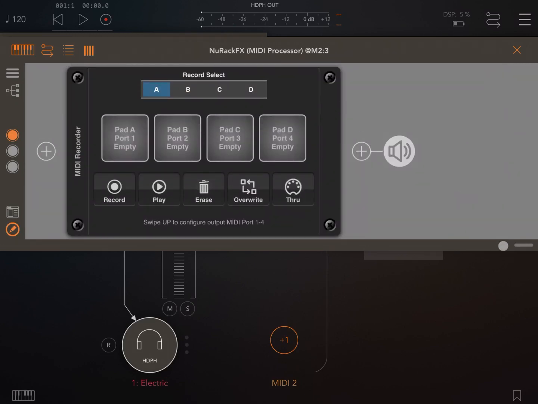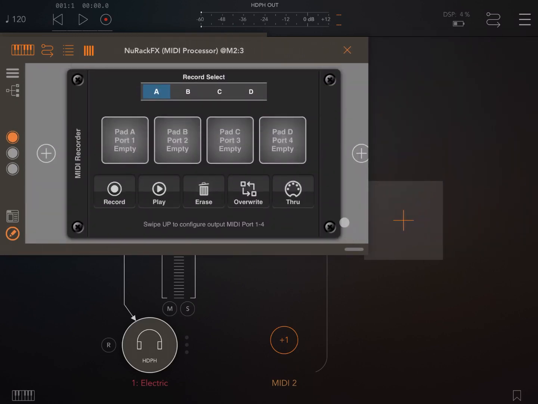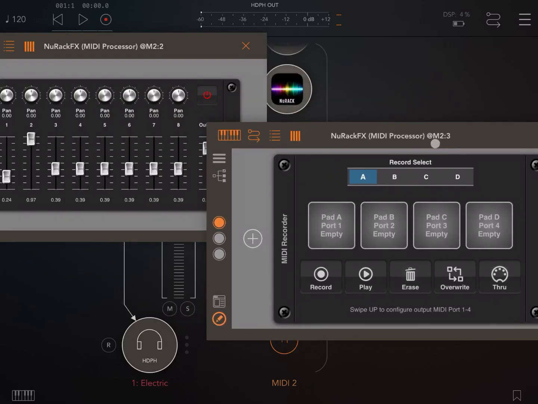The MIDI recorder is in itself very straightforward to use. So we have 4 lanes where we can record almost like 4 tracks. You select them up here. When there is something recorded, you see the color change here. And here you can select to record, play, erase what you recorded, override, and also set it to go MIDI through. So now for the purpose of this introductory example, what we are going to do is link,